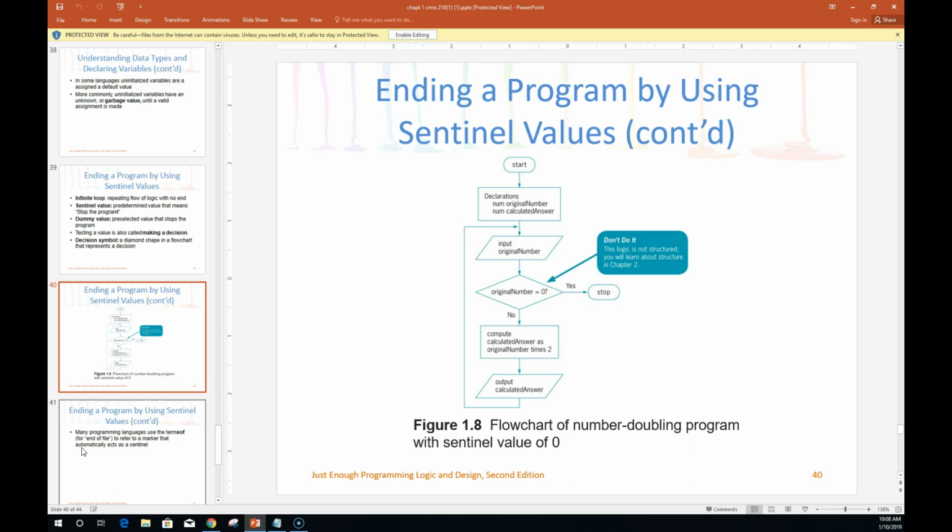Same type of structure here. So we input the original number, and if you happen to put, this is what we call a sentinel value, if we put in the value 0 for the original number, that program stops. It just goes, oh, yep, the original number is equal to 0. Yep, we're going to stop. On the other hand, if the original number is not 0, then it comes down here and multiplies it by 2, outputs it, loops all the way back up to the top again, and runs that program over and over again. Now, there's some problems with this, and we're going to talk about what later,